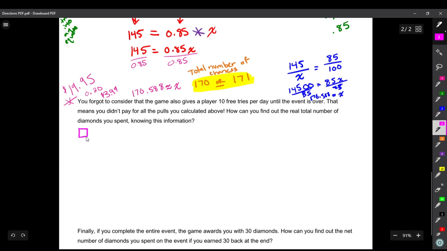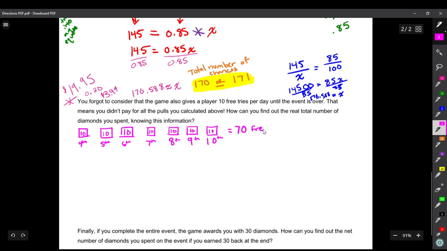So the first day is the 4th. The next day is the 5th, and we get 10 each time. 10 free, 10 free. The next day is the 6th. Another 10 for free. Next day is the 7th. Another 10. Next day is the 8th. That was another 10. The 9th, we got 10 more free chances. And finally on the 10th, we got 10 more. Now if we add these up, 1, 2, 3, 4, 5, 6, 7, that is 70